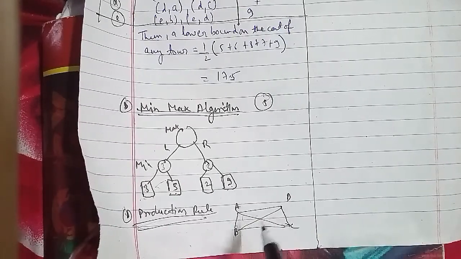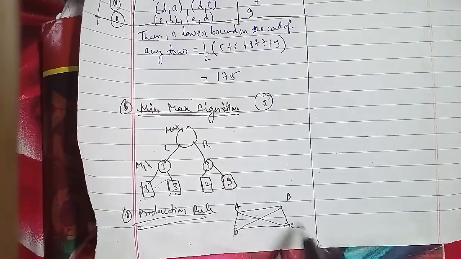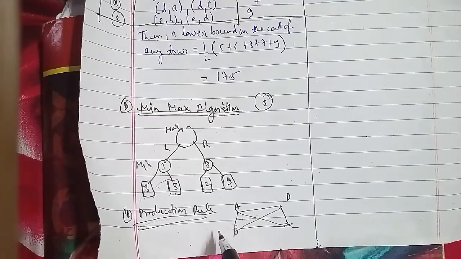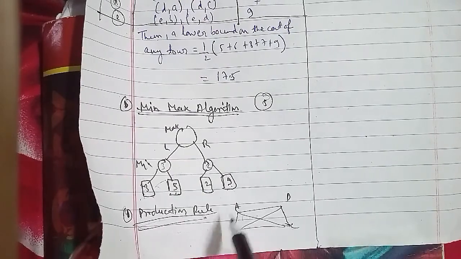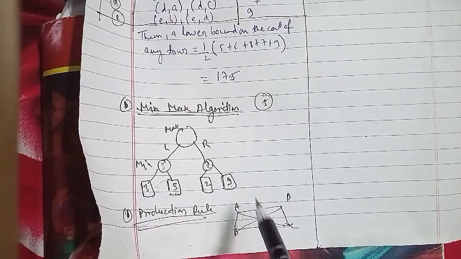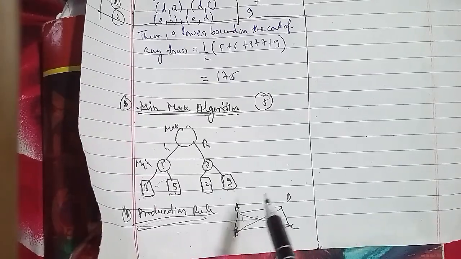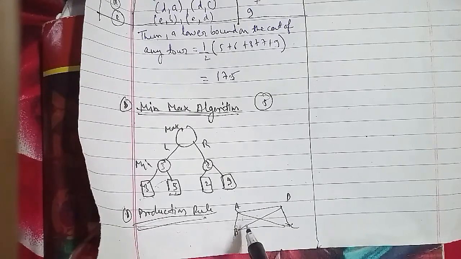In the same case, if distance C is less than distance B, and the distance of city C from city D is less than the distance of city B, then the salesman will visit city C. Then if distance B is less than distance C, and the distance of city B from city D is less than the distance of city C, then the salesman will visit city B.